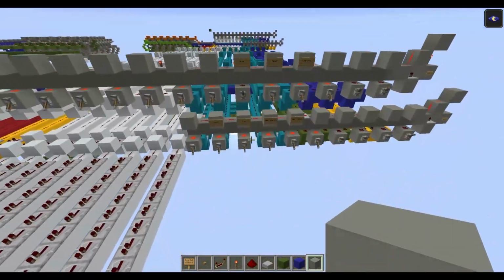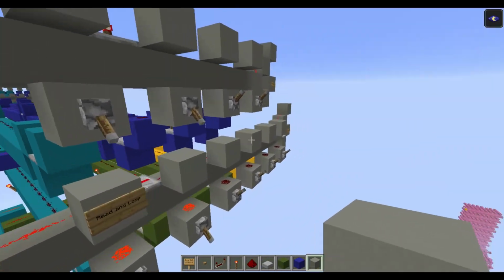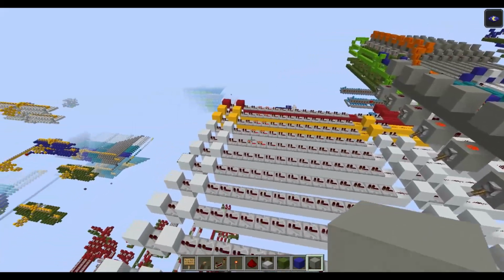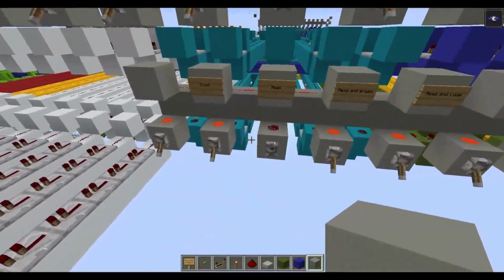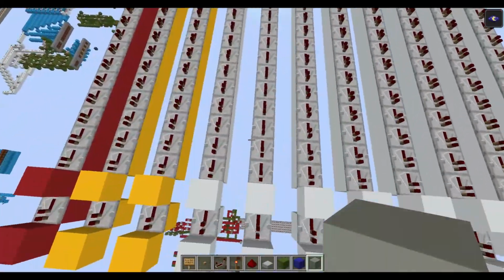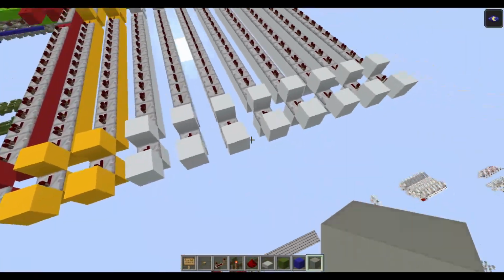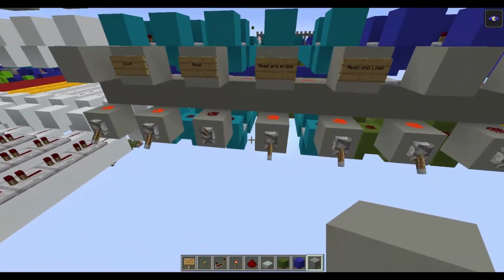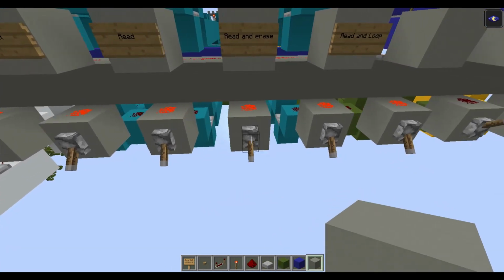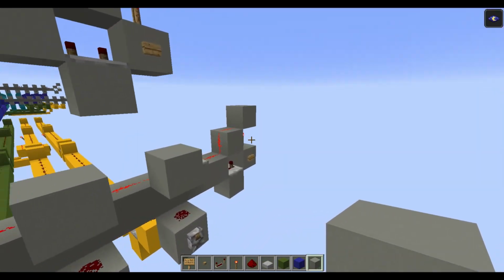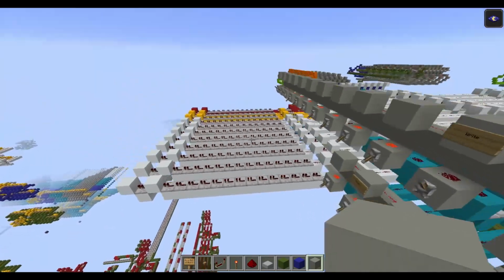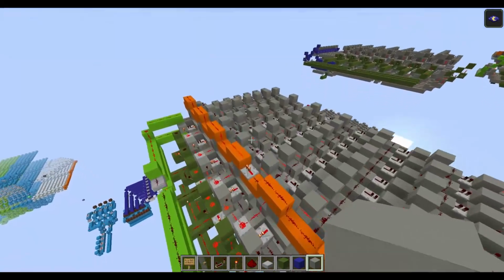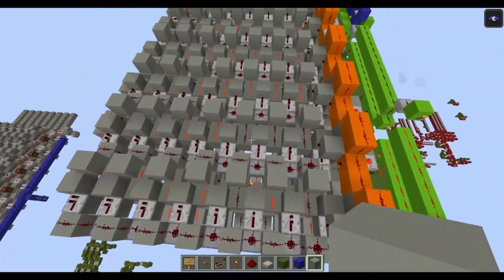So if we read only the value, we will see the 3 because it's the oldest value that we input. The 3 is on these 2 bits. The white is for value. All other lines are for extra data. Then if we read and erase, we will see the 3 again, but now the 3 is erased, so we have only 5 and 7.